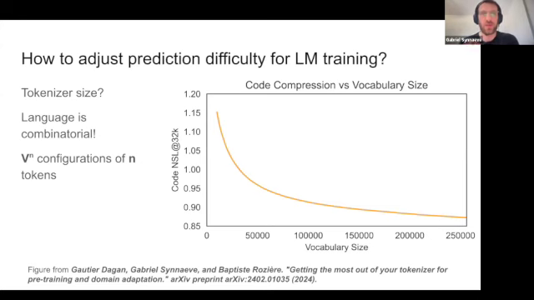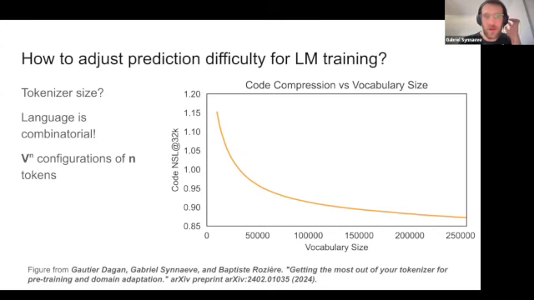So the idea is basically how can we adjust the prediction difficulty for training LLMs? If you look at LLMs, as I said before, trained with teacher forcing, a bunch of the tokens you have to predict are quite easy to predict. So if you look at the distribution over the next token given a prefix, it's very often peaky, right? It's not super often that the model has to really change the distribution during the course of training.